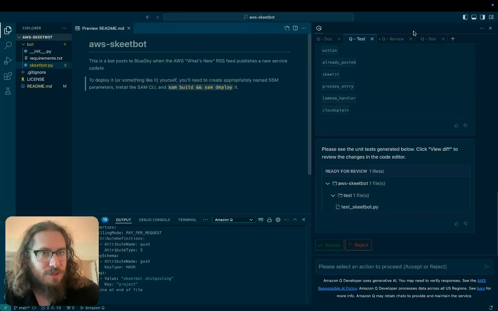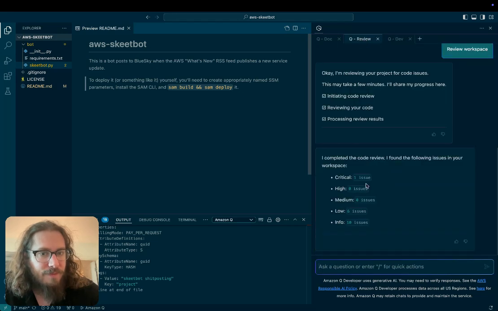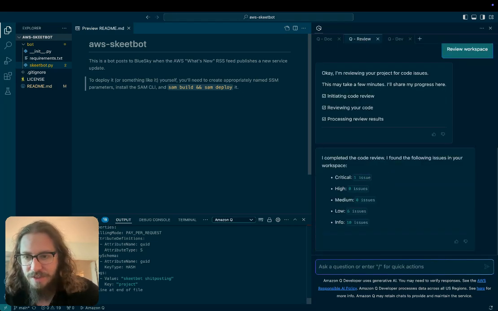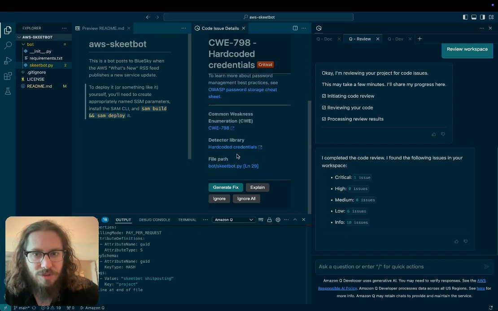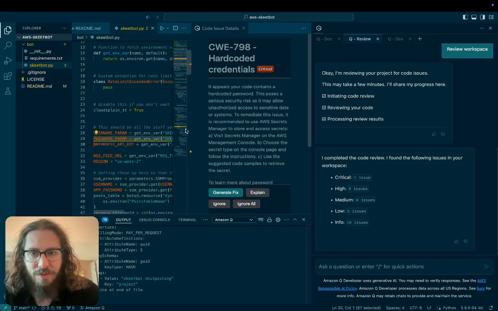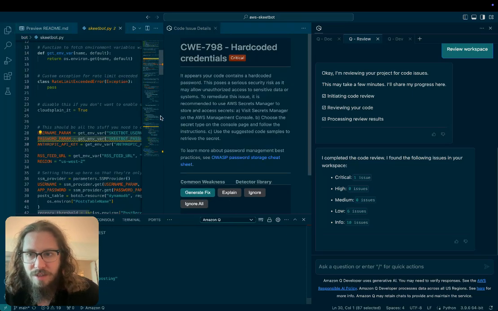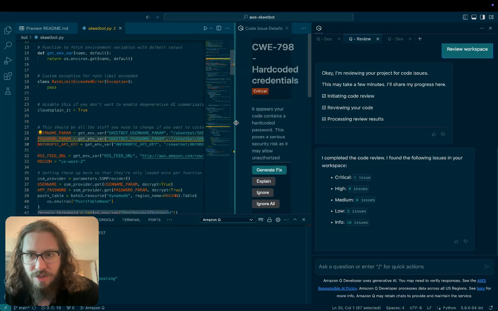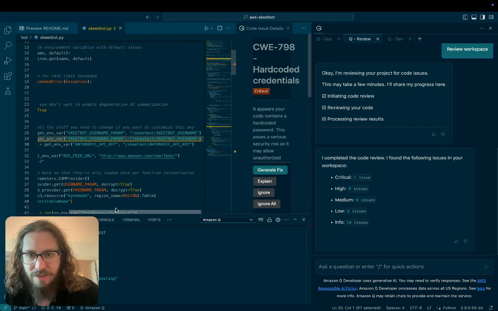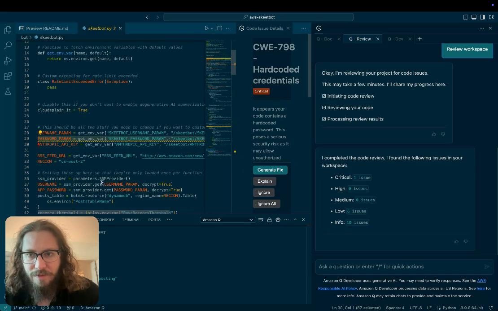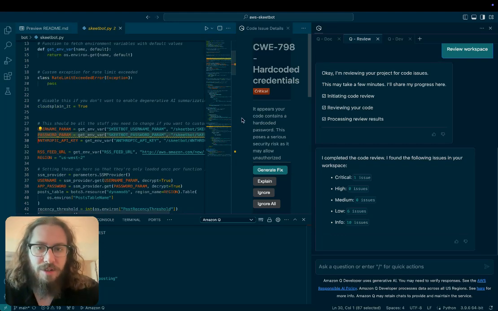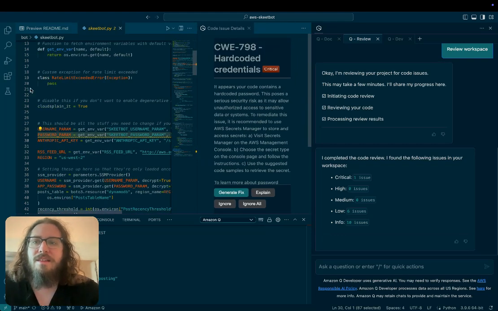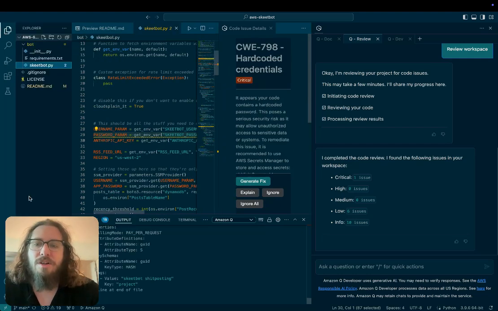Okay, so the code review response has come back meanwhile, and it's found one critical issue. Let's see how critical that actually is. It claims that it's found hard-coded credentials, which I find unlikely. I don't think Corey would have hard-coded credentials. And sure enough, this doesn't look legitimate to me. It looks like it's getting an environment variable, which obviously we know would be an SSM parameter, so it's not a hard-coded variable at all. So this is a little bit disappointing that it has found a false positive here on this hard-coded credential. But we do have other things here,